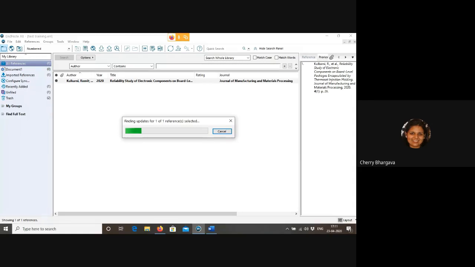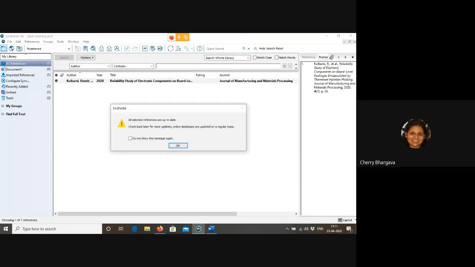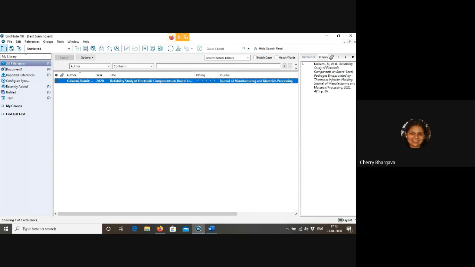It will take a little time, depending upon the speed of your internet. Slowly it is searching different databases for the missing information. If it doesn't find anything, you will get the message that all selected references are up to date, meaning no additional information is available in any of the databases.